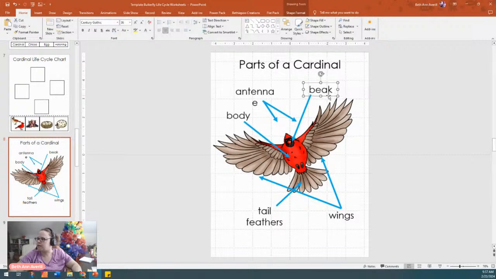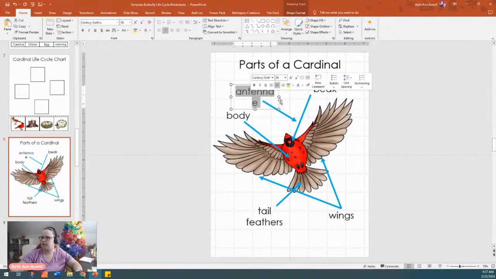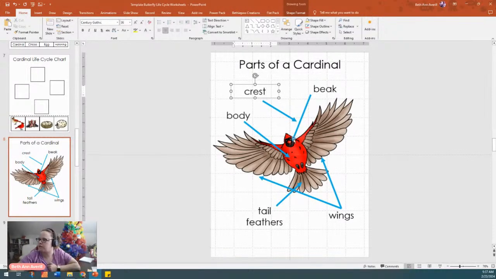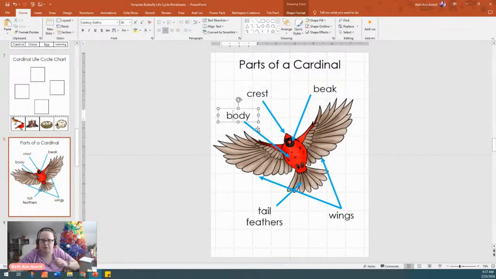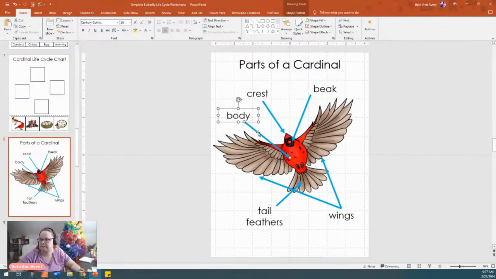And then we'll get rid of this one, and we'll talk about the crest on his head. Is there anything else that we should talk about? Let's see. I mean, I guess he has feet. Should we talk about that? I don't know. Duplicate and put down here